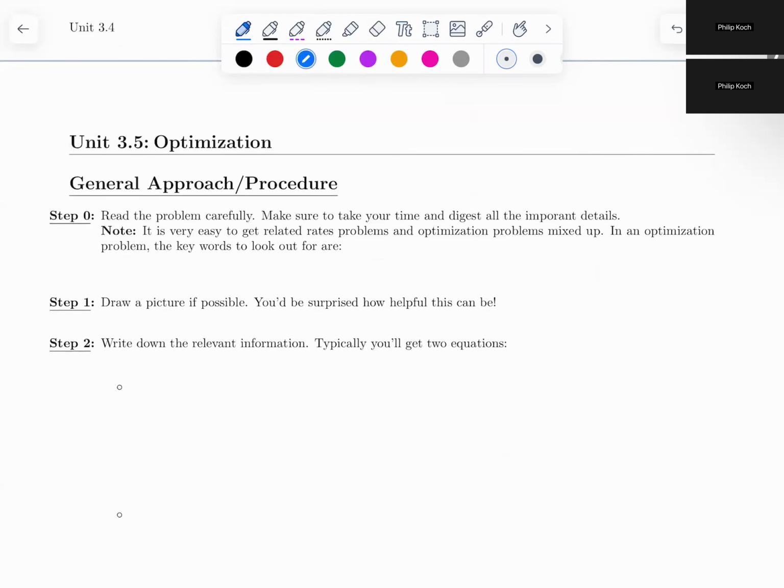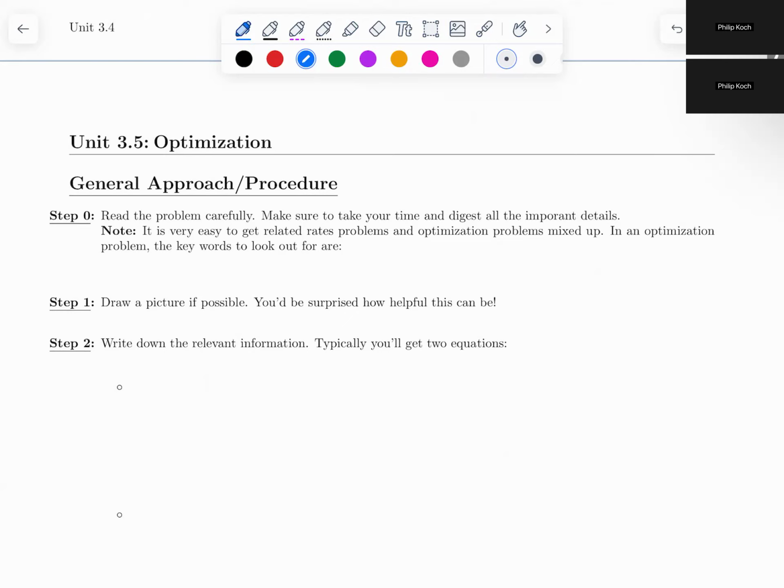So step 0, once again, just like with related rates, you've got to read the problem. You've got to take time to do it. If you have an optimization problem on an exam, read it carefully. There's a lot of information that needs to be parsed through. And so it's important to take time to do it. One thing I want to mention is that it is very, very easy